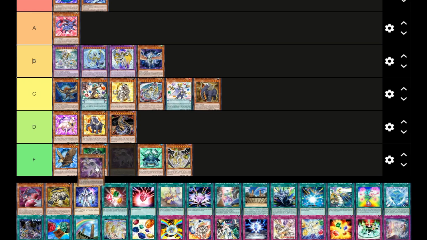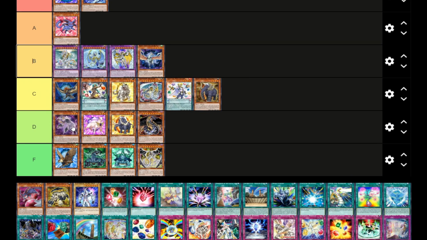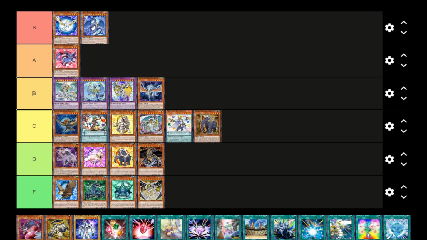Next is Amethyst Cat. Amethyst Cat is obviously better than the original Amethyst Cat, but you need Advanced Dark. Basically, it makes it so all Crystal Beast monsters can attack directly. So pretty cool, right? If you have a full field of Crystal Beasts, you have Zenith 3000 attacks for 15,